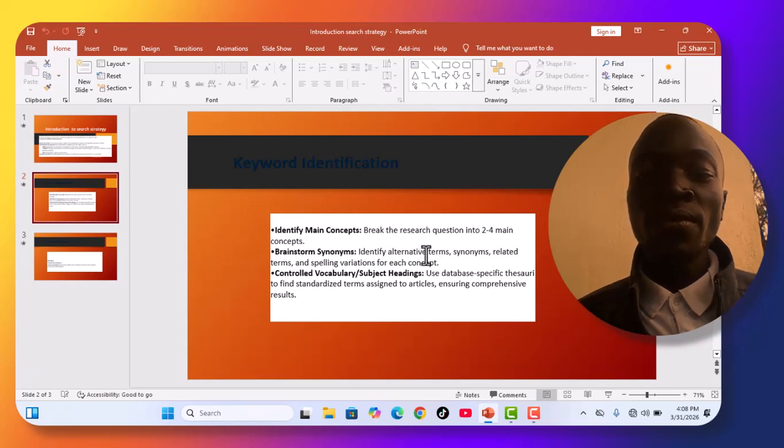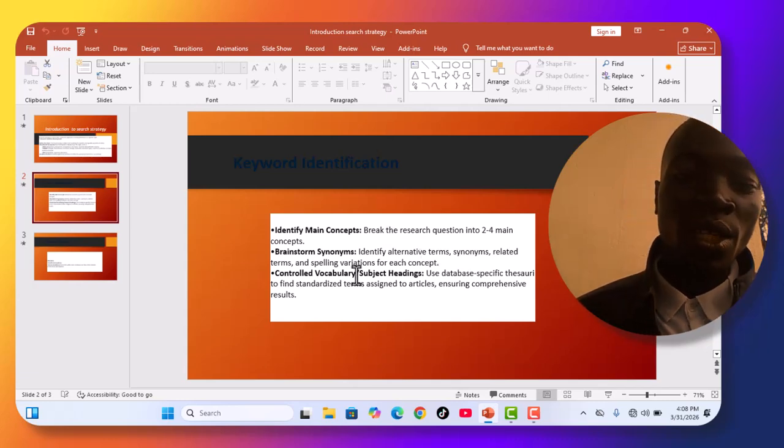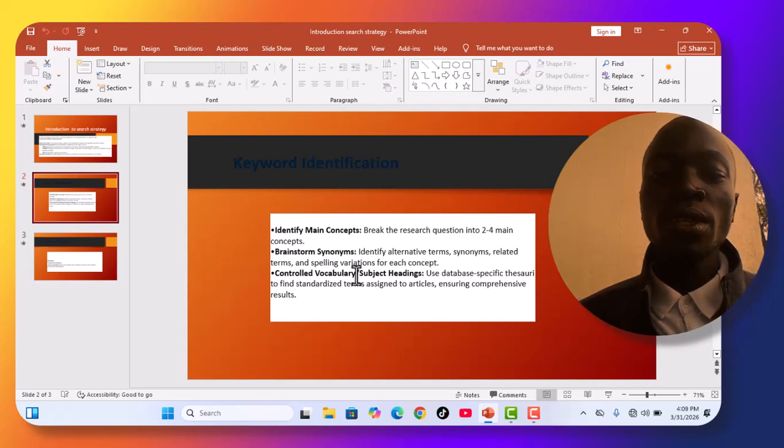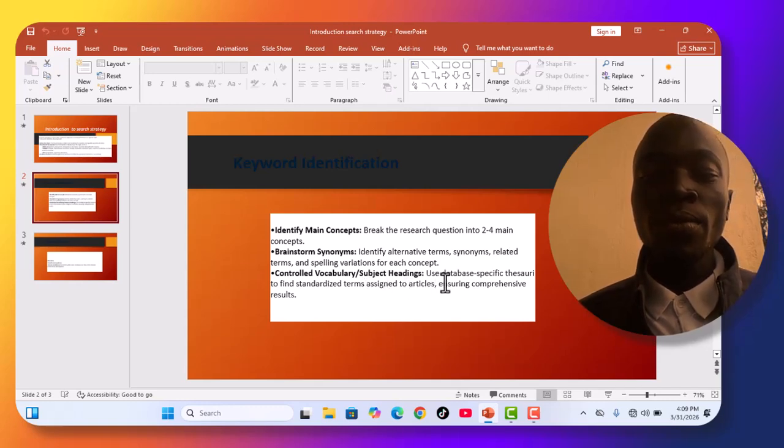Identify alternative terms, synonyms, related terms, and spelling variations for each concept. Yes, you need to first brainstorm your question, then you bring it out. Controlled vocabulary, subject headings. Use database-specific thesauri to find standardized terms assigned to articles, ensuring comprehensive results. So you need to control your vocabulary. Know the type of words that you use while you're doing the research